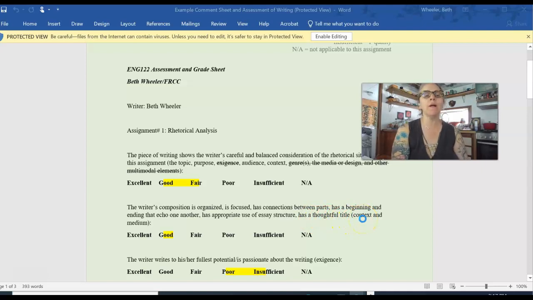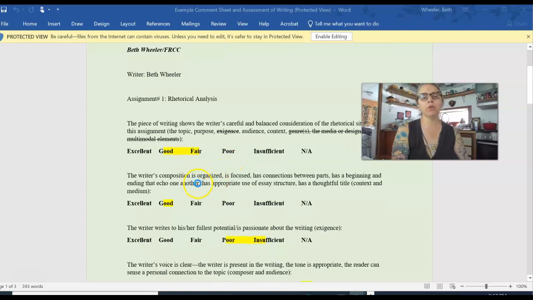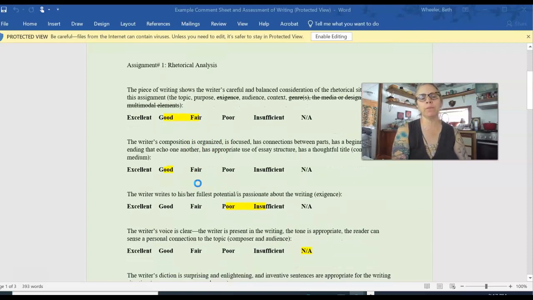In the other criteria, you'll notice that I have associated the criterion with specific elements of the rhetorical situation. So the first time you receive this back, you have a lot of reading to do to see what the elements are. But they're mostly related to, this is rhetorical situation, this is organization or structure of the essay, this is your connection to your topic, also related to development of the essay. Have you said enough?